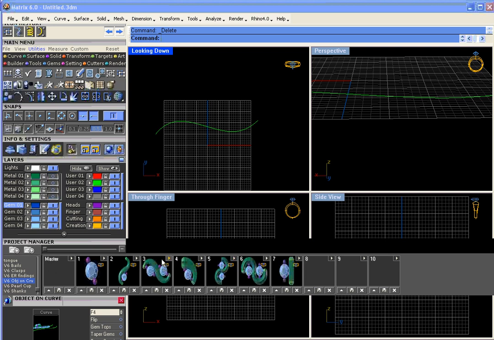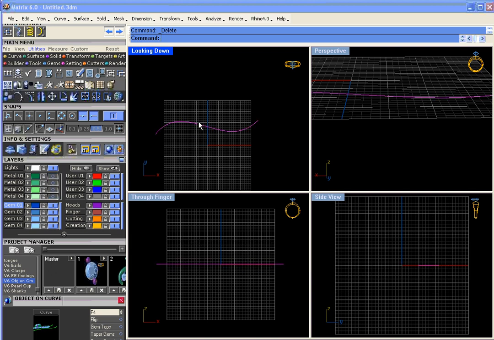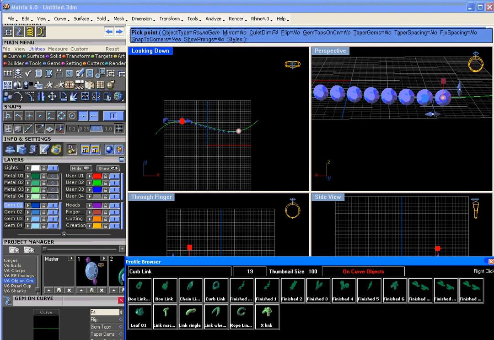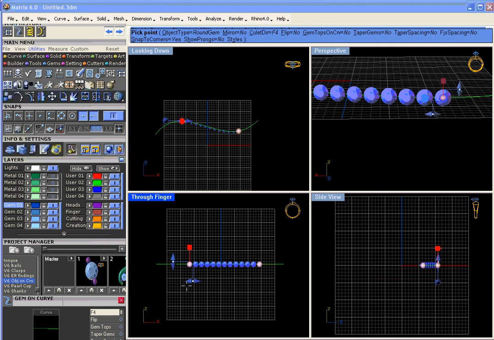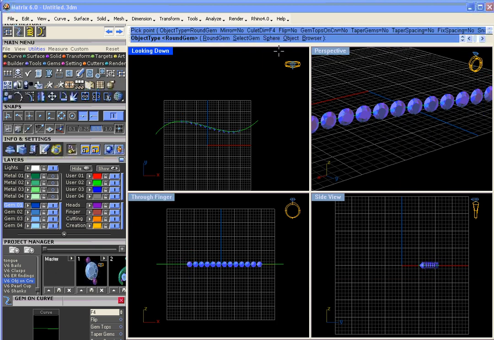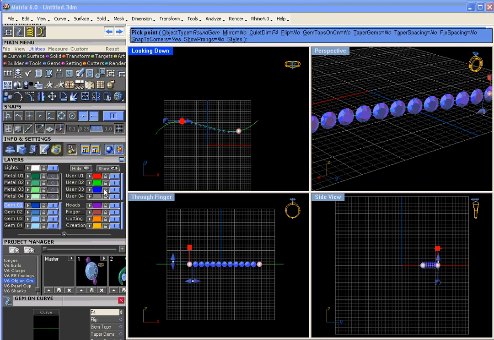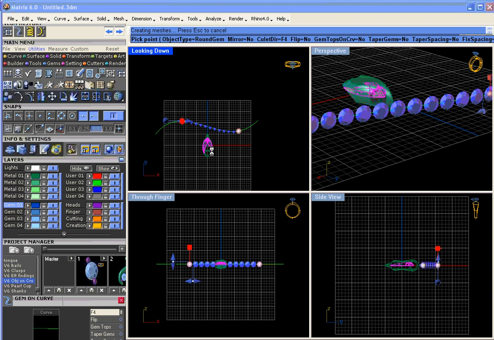I've had this happen where I'll come down here to the blue color layer and toggle all of these off. So if I come in here and go F6, gem on curve, object type, browser, and choose one of these objects from the browser, nothing happens. It just keeps rejecting me. But if I toggle these back on, there's our objects we had,